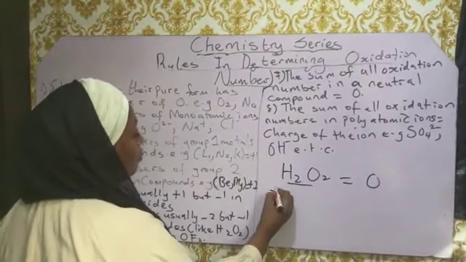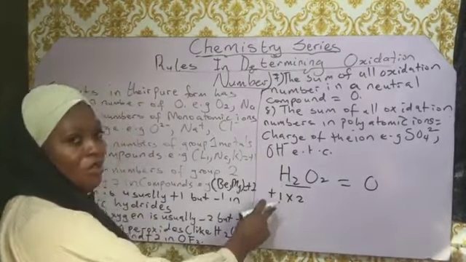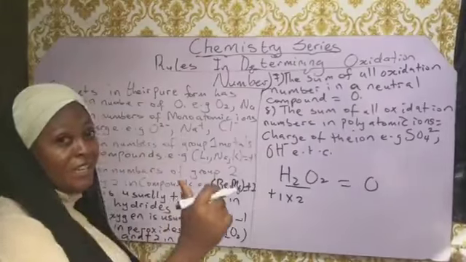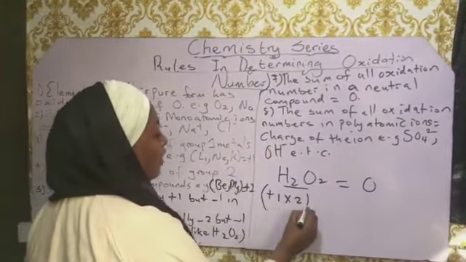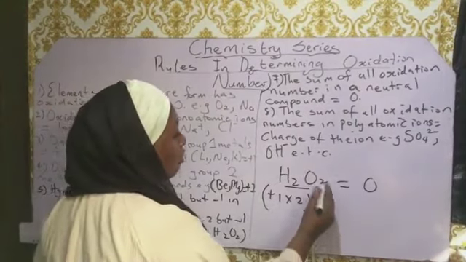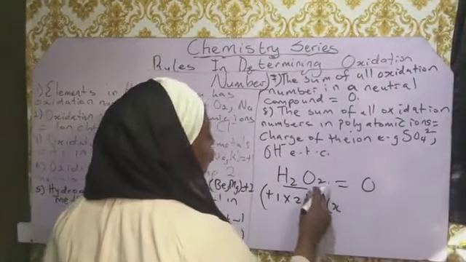So we have +1 times 2. Why +1? Because hydrogen is always +1, except in metallic hydride, and this is not a metallic hydride. Times 2 because we have 2 atoms of hydrogen. Now, plus oxygen, let's take X for oxygen, unknown. And we have 2 atoms of